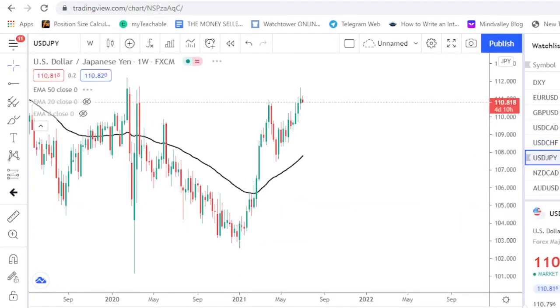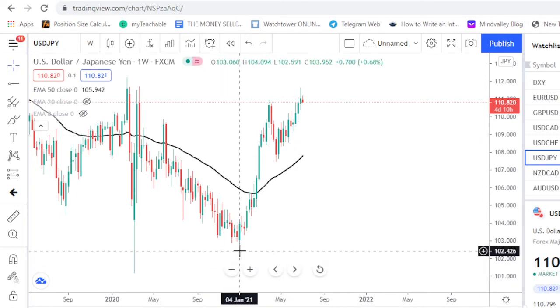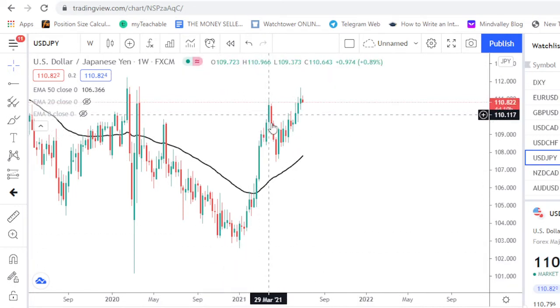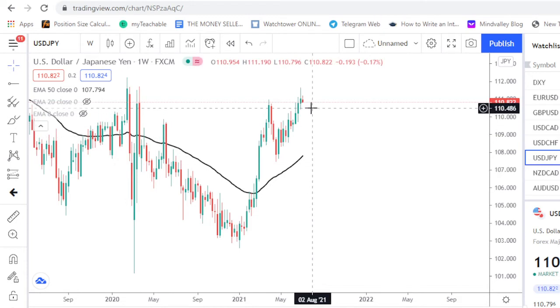Then USD JPY, that has also been pushing up for a couple of weeks. It's obviously an uptrending market. So we have it pushing from here. It got here, it retraced, and then it begins pushing up. But last week's candle also closed as indecision, and